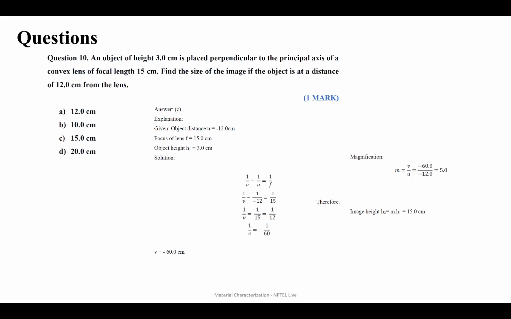So the correct answer would be C, 15 centimeter. You are given the object distance, which is 12 centimeter, and the focal length, 15 centimeter. Using the formula 1/v minus 1/u equals 1/f, you can calculate v equals 60 centimeter,